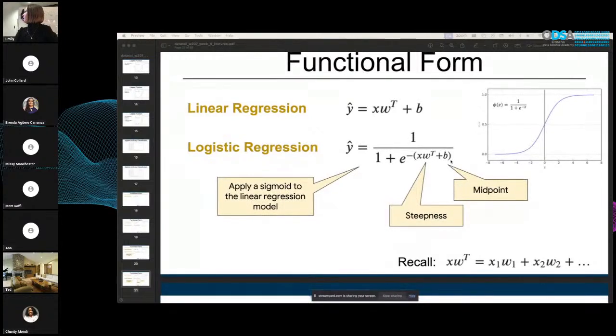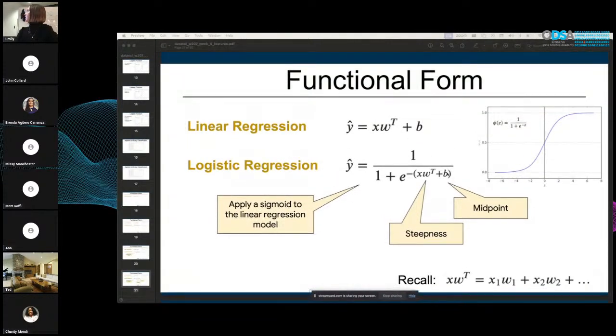There's some interesting stuff in here. You don't need to know this, but what I have in my formula as the beta sub 0, that B, is the midpoint. So when we look at this graph, this midpoint, that 50% probability, 0.5, changes with B. So you can shift this so that instead of having B at 0, you can have it at -6. You don't need to know that, but it's interesting.